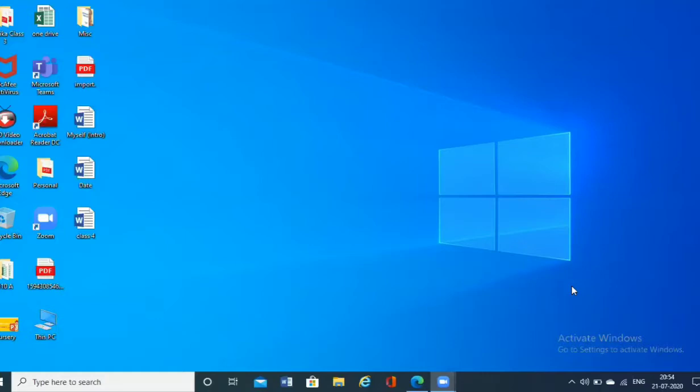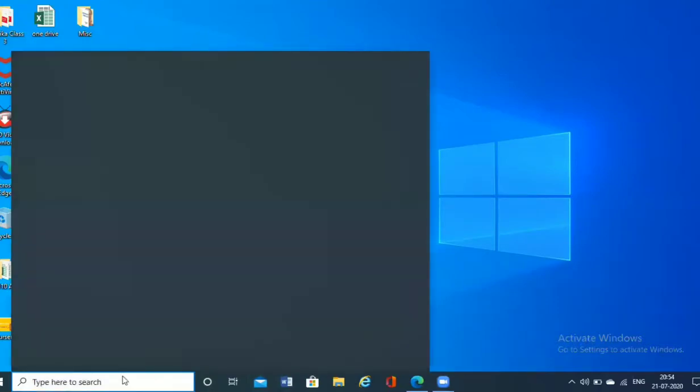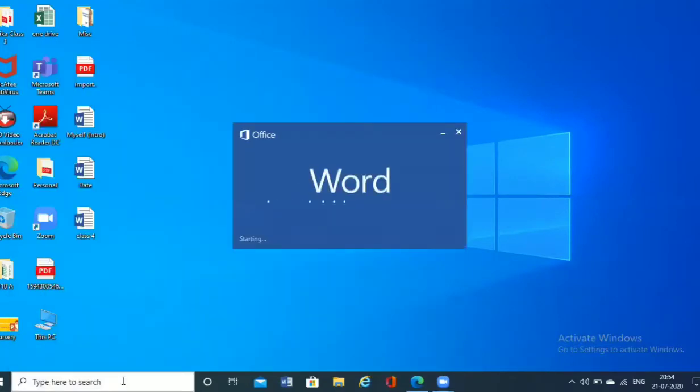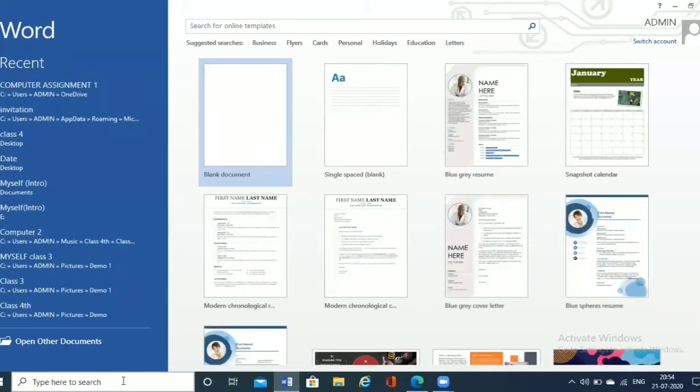So today we'll be going by the second method. In the search box, I'm going to write Word and I'll press enter. As soon as I press enter, Word will open. As soon as the Word application opens, you will have the templates present here. There are a lot of templates.